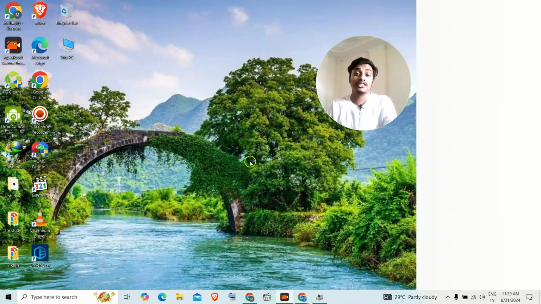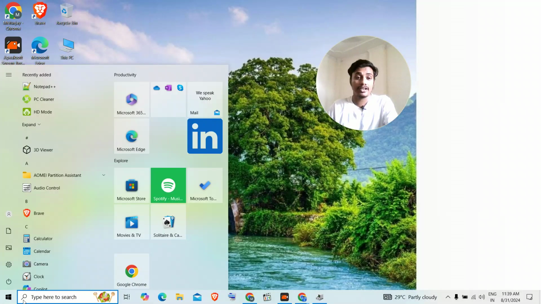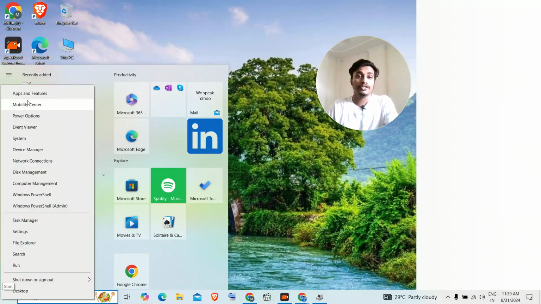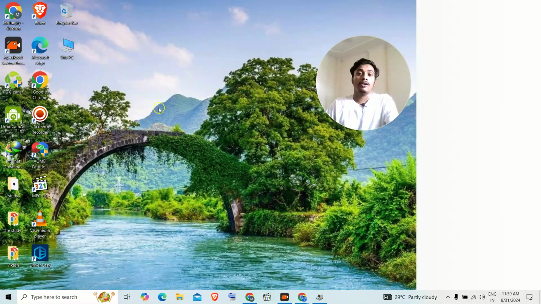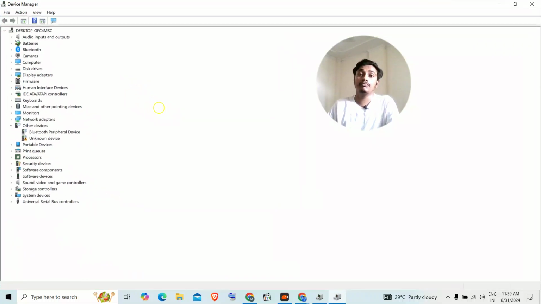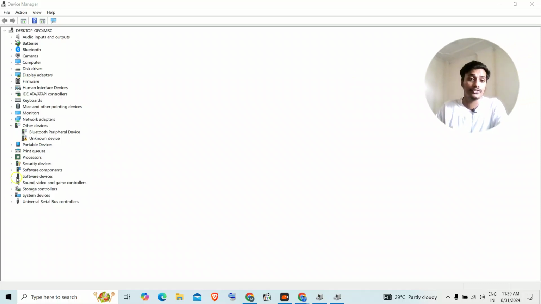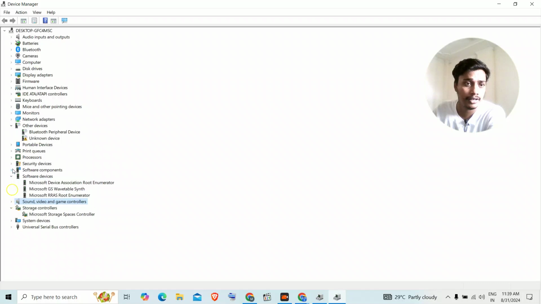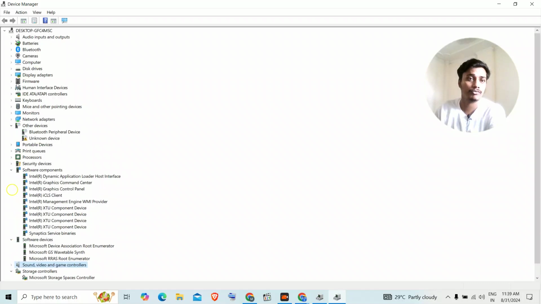So guys, I have successfully restarted the PC. After restarting the PC, I will access Device Manager. When I'm accessing Device Manager, I'll see whether the issue has been fixed or not. As you can see guys, there is no error in the section of storage. In the section of storage I'm not getting any errors. You can see any kind of errors is not there. All of my errors have been successfully fixed.